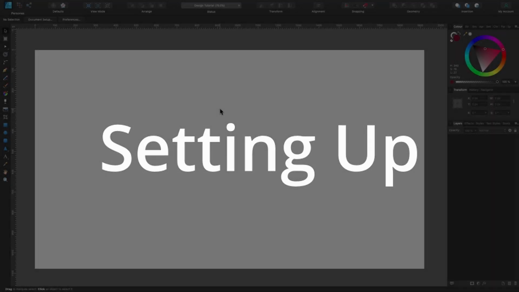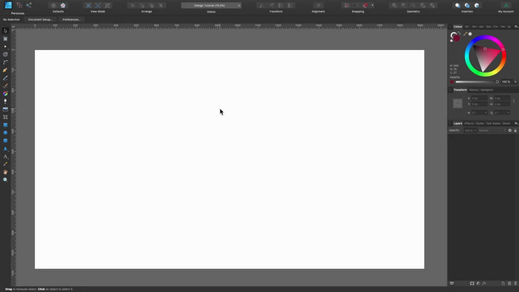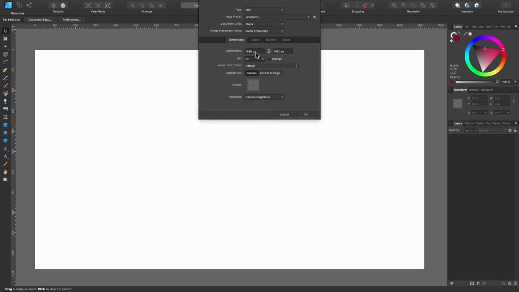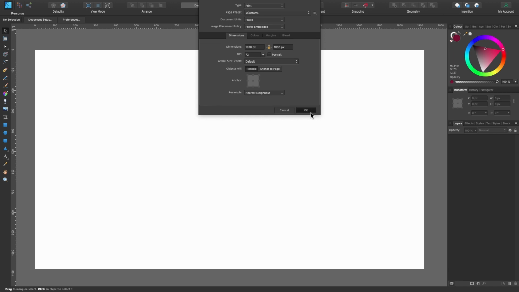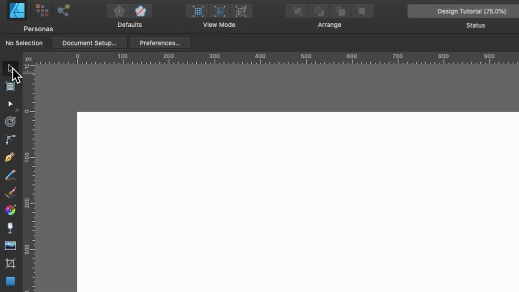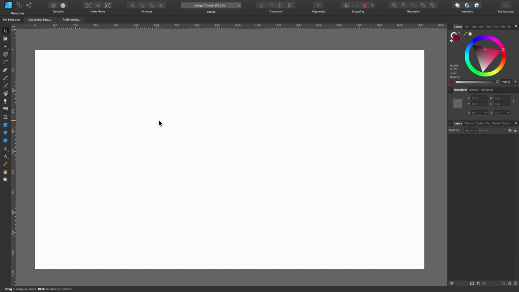And we're back in Affinity Designer. We're going to be recreating a photo we find on a stock photography website. So first things first, if you're following along with me, my document setup is 1920 by 1080 pixels. I'm currently on the Move tool, this arrow. Some of the other ones we'll be using today: Node tool, which is shortcut A, Pen tool, shortcut P, and we'll be using some of the other ones. I'll let you know as we're doing it.